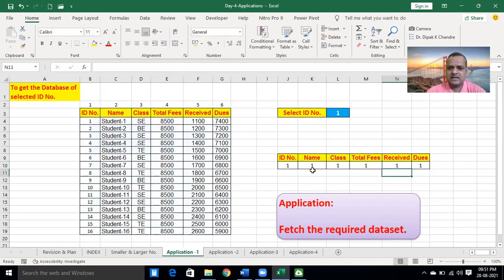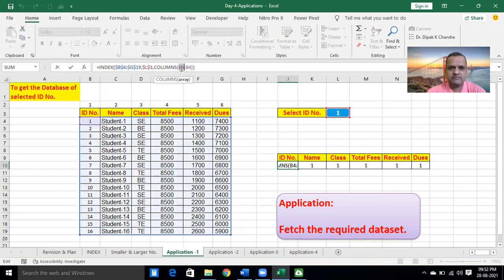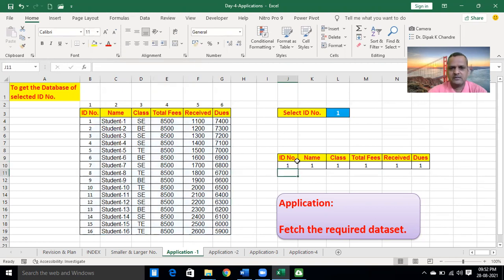How does it come? Again, lock one of the parameters, that is B4. You need to lock B4. How do we lock B4? Again, click the J10 cell, select B4 and hit the F4 key. Okay, now the correct formula is applied in the first cell, just drag it. See, all results are coming. Is it understood? Are you getting the same result in your file? Yes, sir.